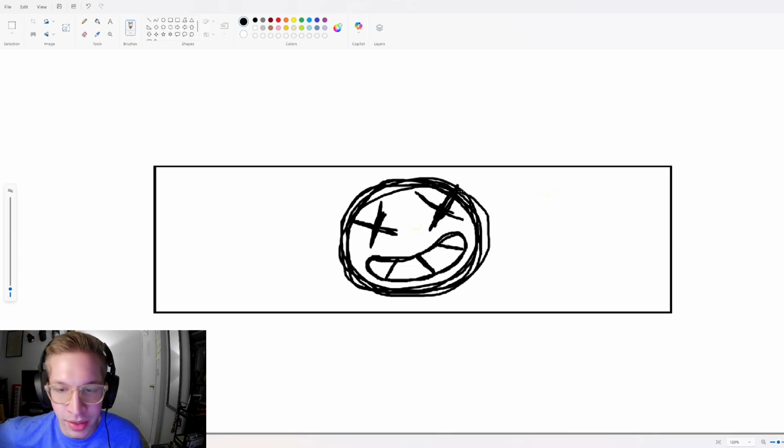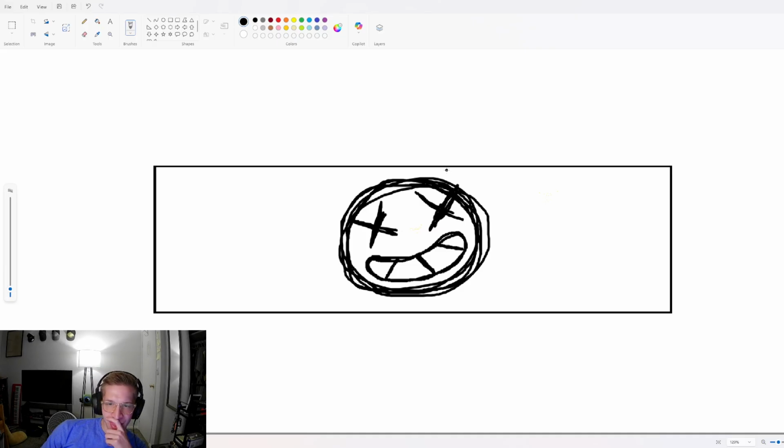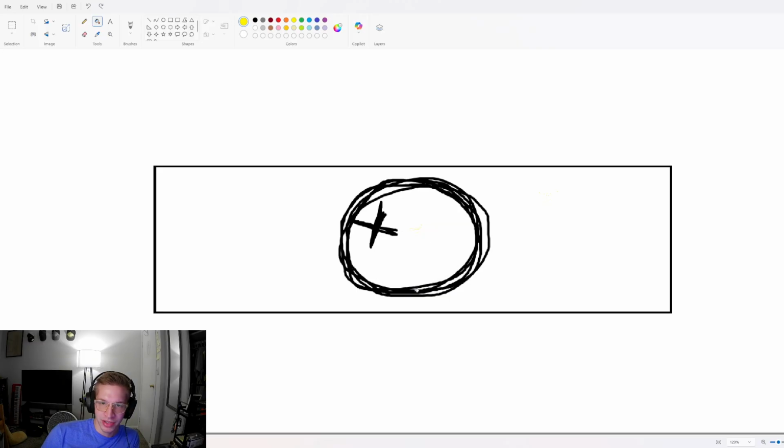And I've got this far, and I've just realized that Pummel's face is supposed to be yellow. Oh, check that out. It's actually not bad, but it's not the design that I'm looking for. So I'm going to delete his entire face. I should have done this before even laying down the circle.